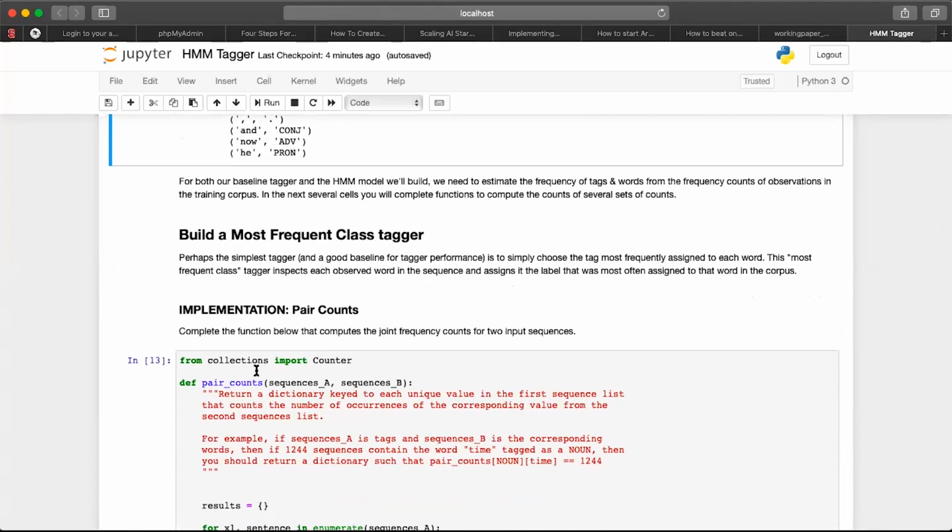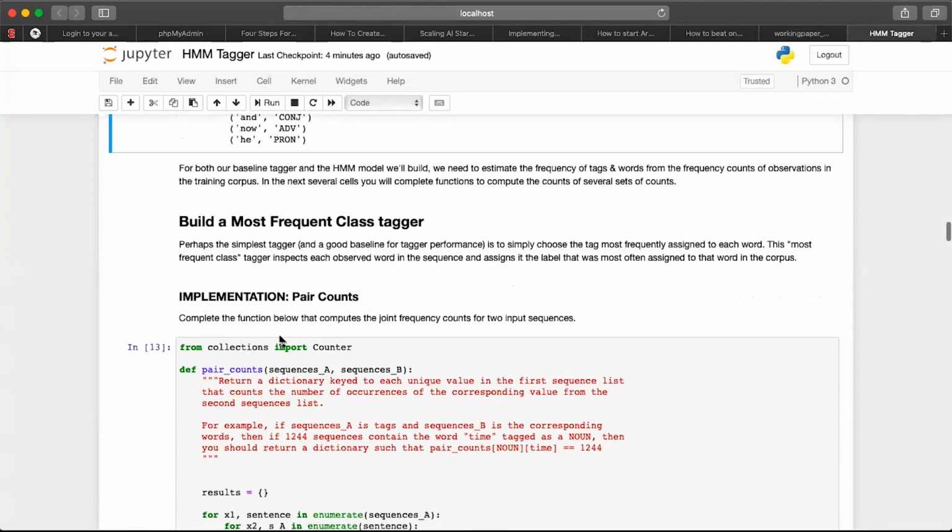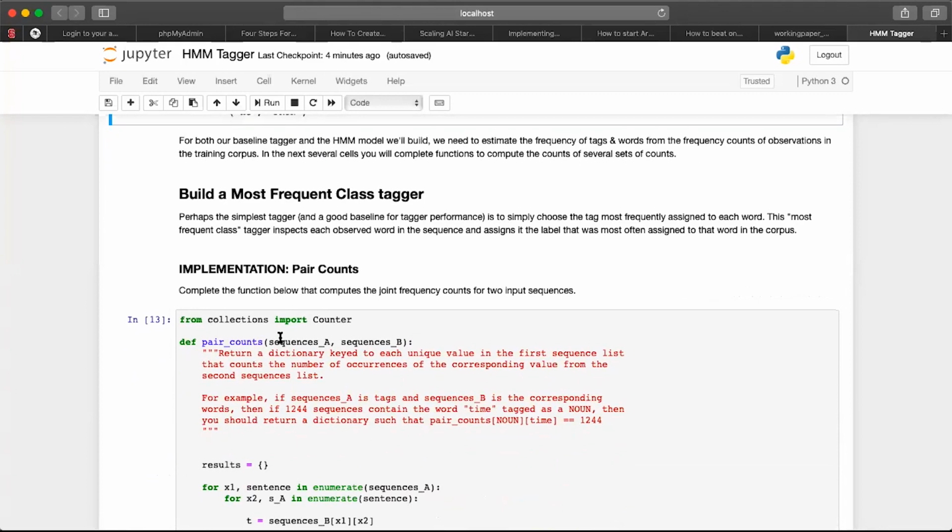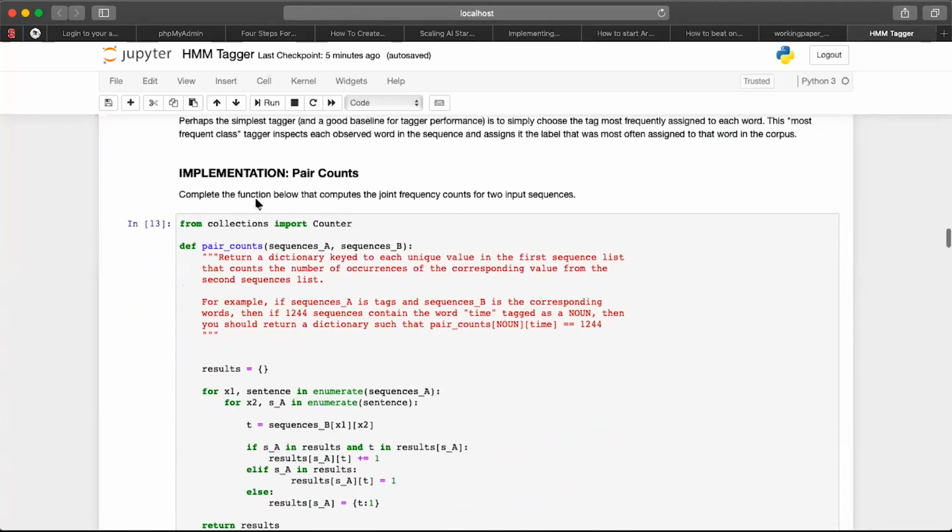So the simplest tagger and a great baseline for tagger performance is to choose the tag that is most frequently assigned in any sentence. And the MFC that we saw in the earlier presentation as well worked pretty well for us, but only broke out in a couple of sentences. So we've created here a function called